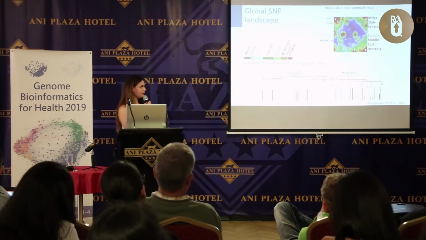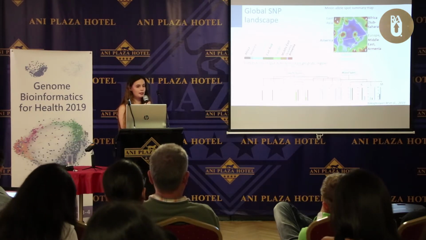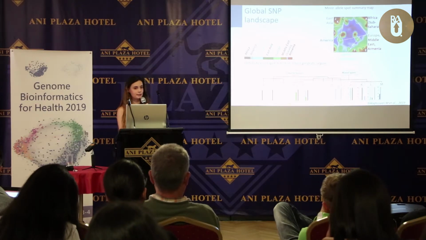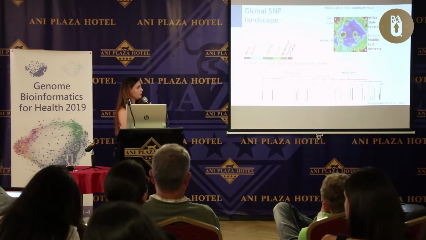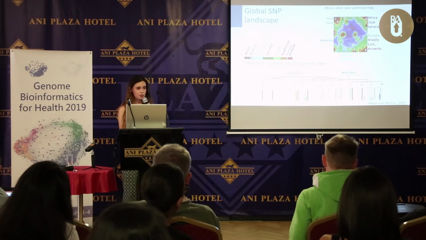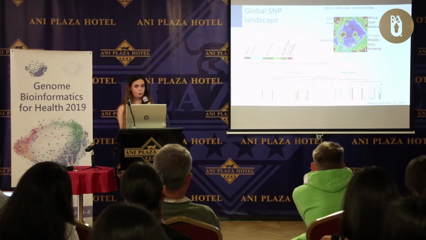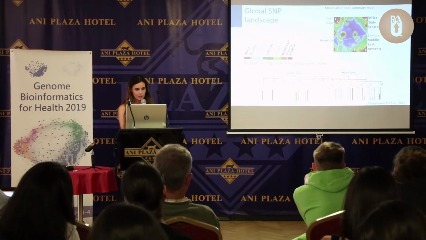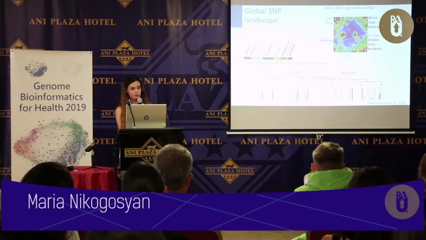We can divide these spots into two groups. So the spots which are specific for one population, and the SNPs which are located in that spot are actually characteristic for that geographical region. For example, this region is for Africa, and the other group of the spots are mixed spots, characteristic for a pool of groups of population, and they show the similarity between those populations in terms of disease